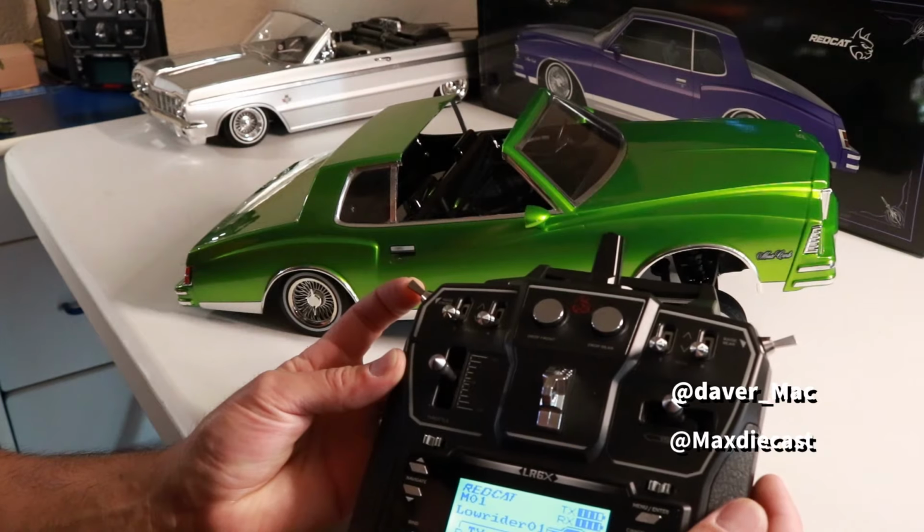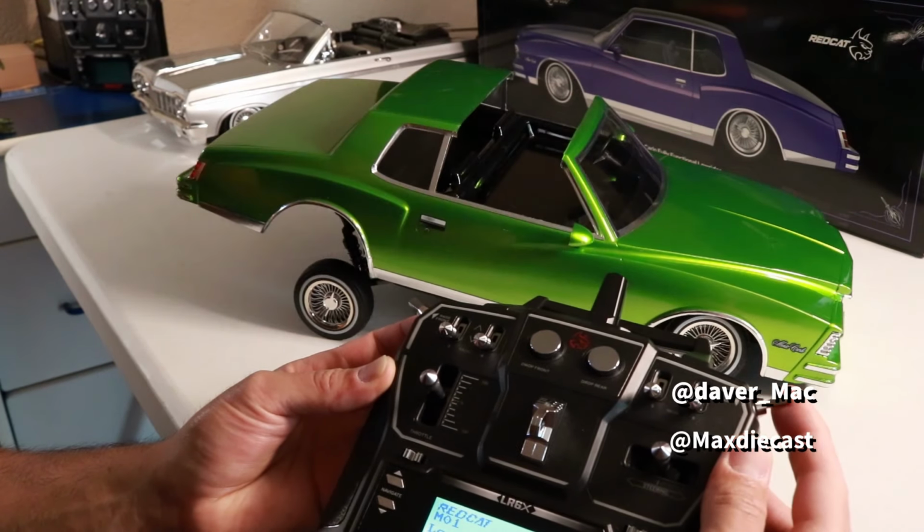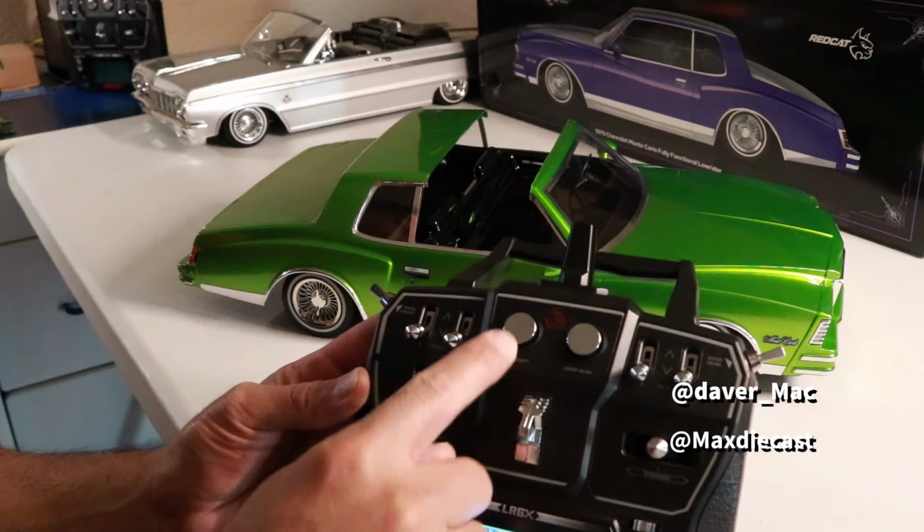Something. So that's going to raise the front, we're going to raise the rear, and this one's going to drop the front, drop the